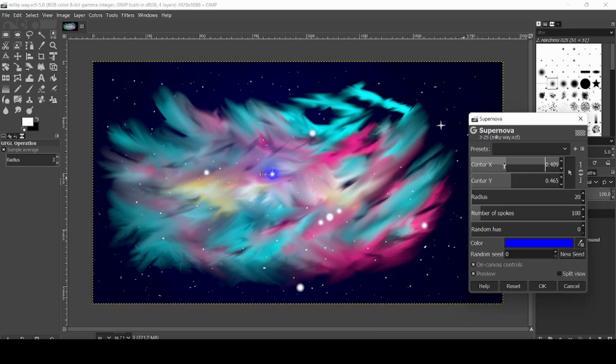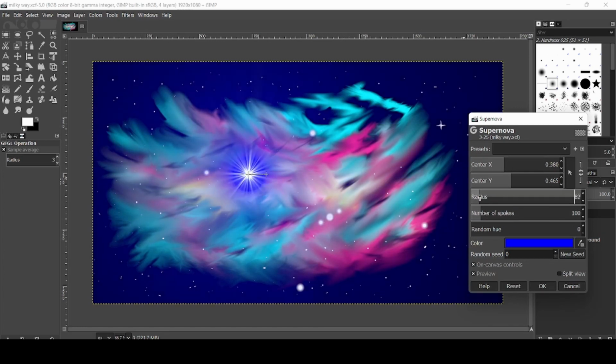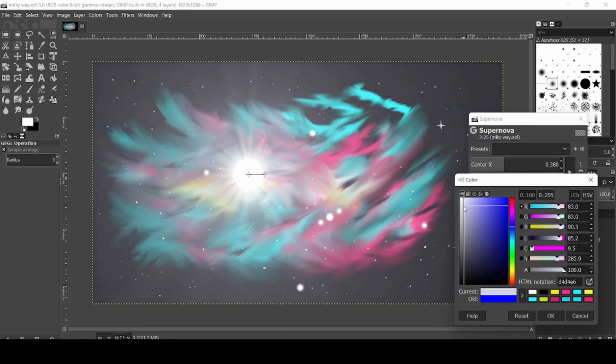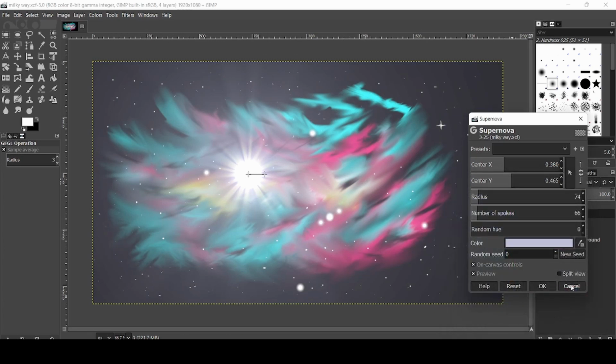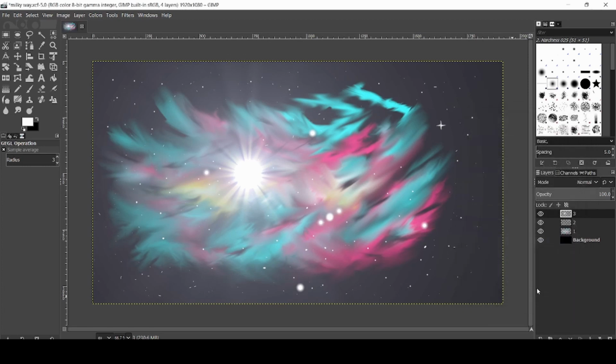So let's say we want to keep it over here, and you can increase and decrease the radius. You can also increase and decrease the spikes, and you can change the color of your supernova star. So let's assume we liked it and we want to keep it here, and just press OK, and this adds to the whole thing. So this filter option is also available to you in case you want to explore it,